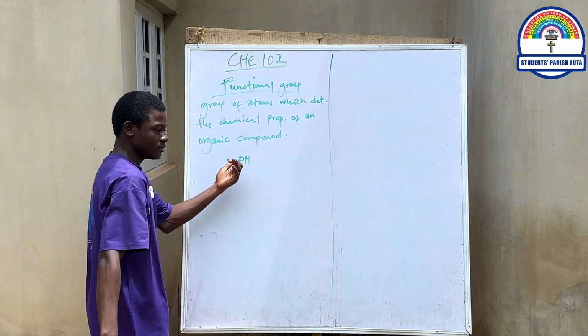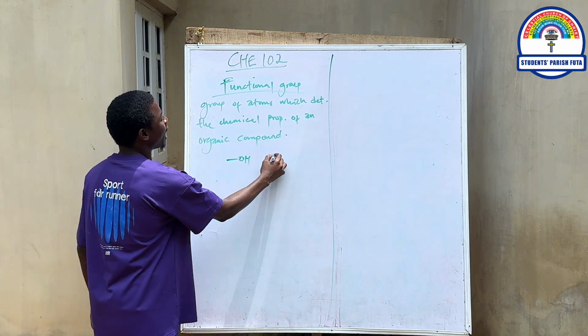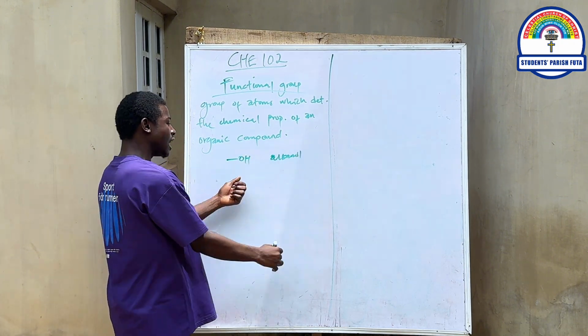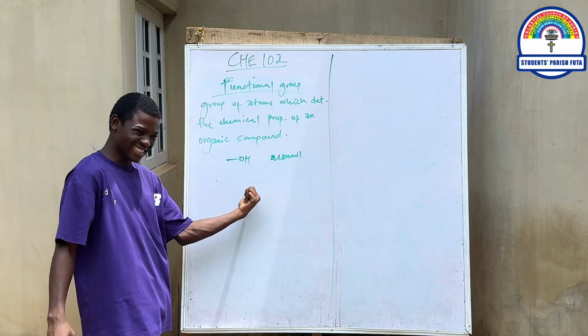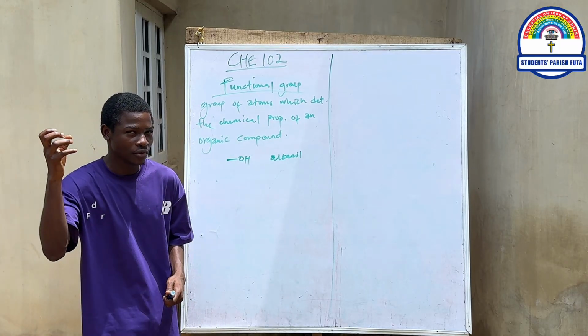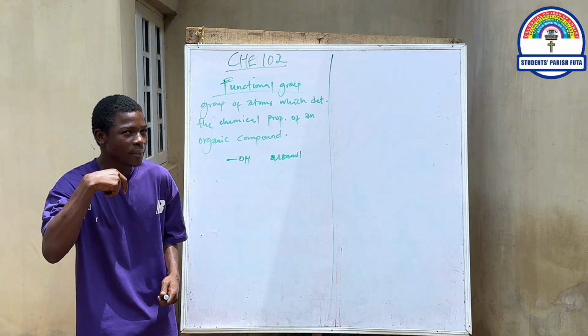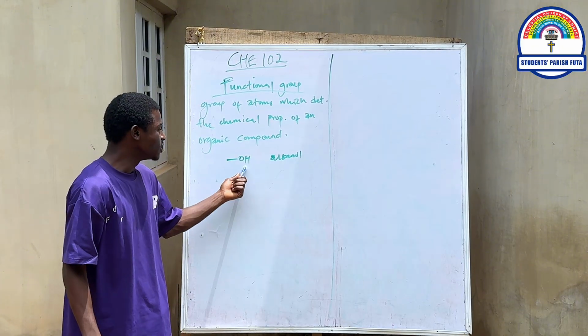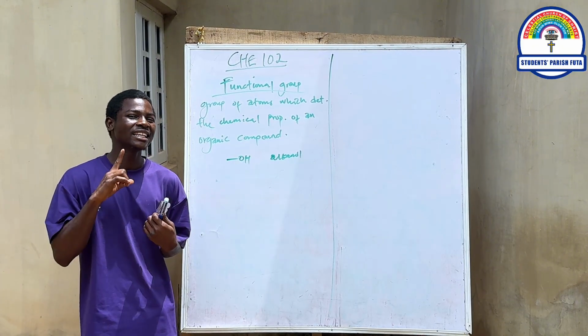The OH. This is a functional group. We call them the alkanol. This is not the hydrogen bonding, I'm just saying hydrogen bonding exists in it. So hydrogen bonding can tell you some information. It's telling you this compound will be soluble. So anywhere you see OH, there's information that there's a tendency that this compound will